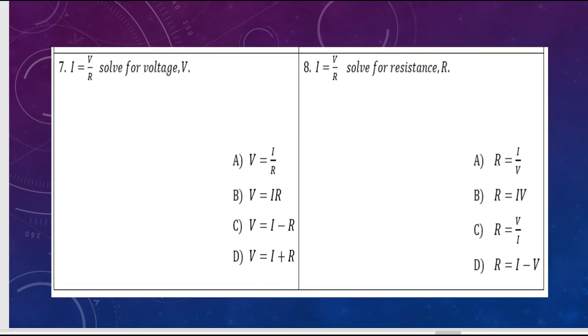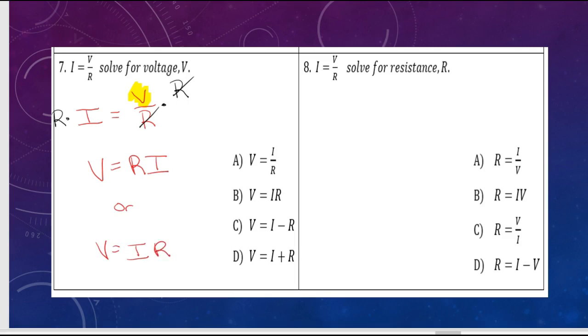Number 7 on the review is similar to number 7 on the test. And it's I equals V divided by R. And we want to solve for V. So I need to move a divided R. We move divided things by multiplying by that thing. Whatever we do to one side, we do to the other. I'm going to write V on the left because that's where I like my variables I'm solving for. And the right can be either RI or it can be I times R. Multiplication is commutative. Typically it goes in alphabetical order, and it looks like that's how it's written in our answer,